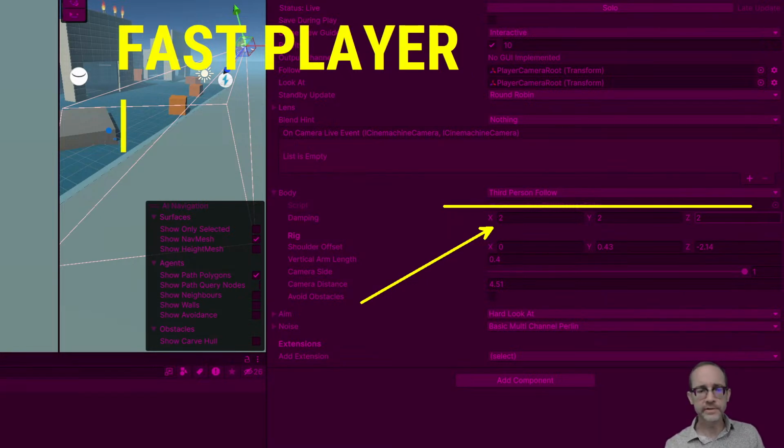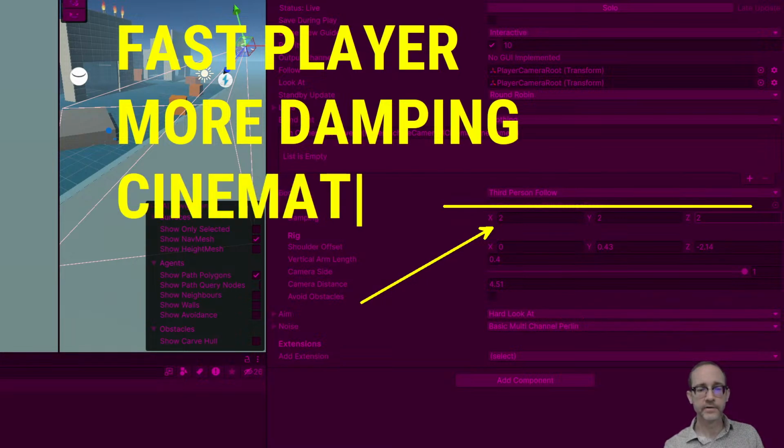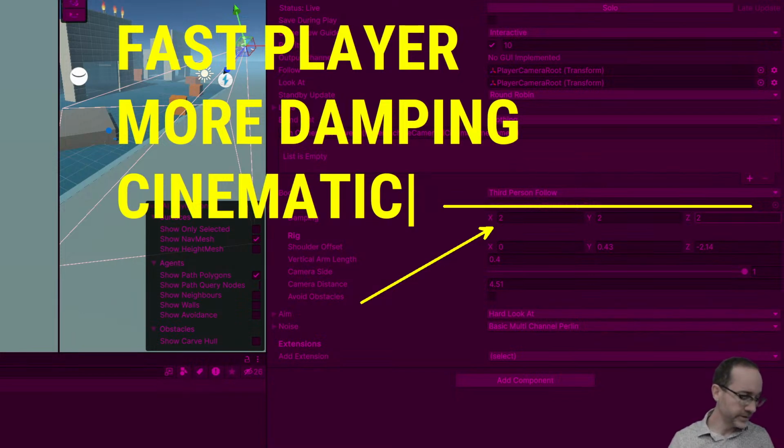However, the more damping does give it more of a cinematic feel, where there's a separation between, even if the player doesn't explicitly realize this, there's more of a separation between the player and the camera filming that player, which would give it more of this idea that the game is being quote unquote filmed rather than the camera locked to the player, which for something that's very, very fast is probably necessary, but also maybe gives it more of a quote unquote older video game feel where this idea of having this cinematic camera that has damping,